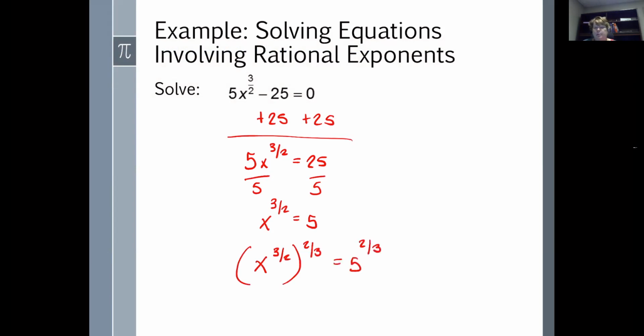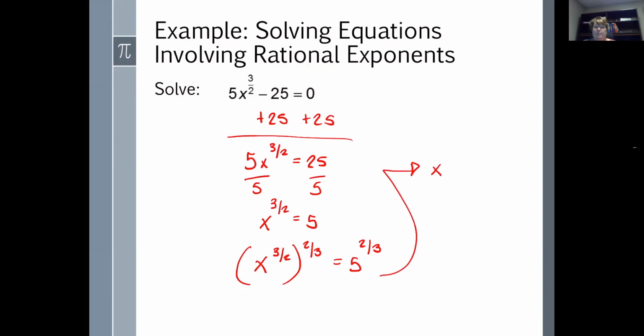I do not have to put a plus or minus in front of the 5 to the 2/3 because my original rational exponent, the numerator, was odd. If the numerator is even on the original rational exponent, I must put a plus or minus in front of my answer. Okay, so x, when I raise x to the 3/2 power to the 2/3 power,